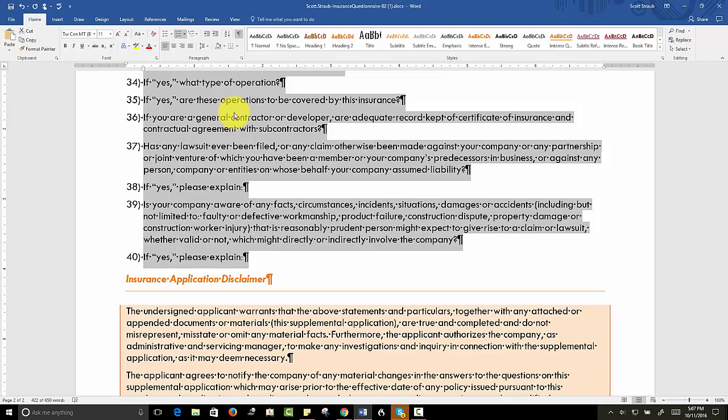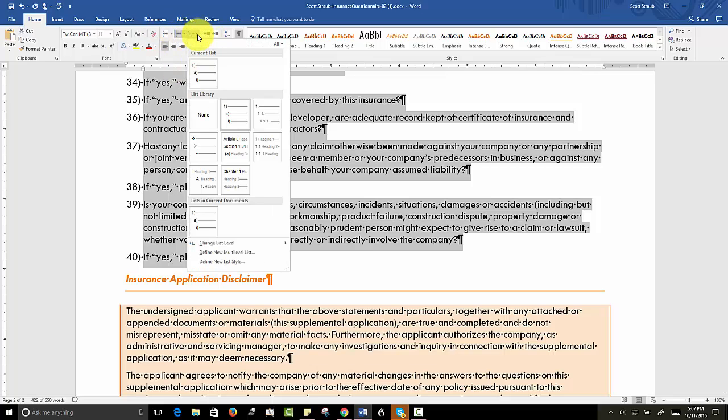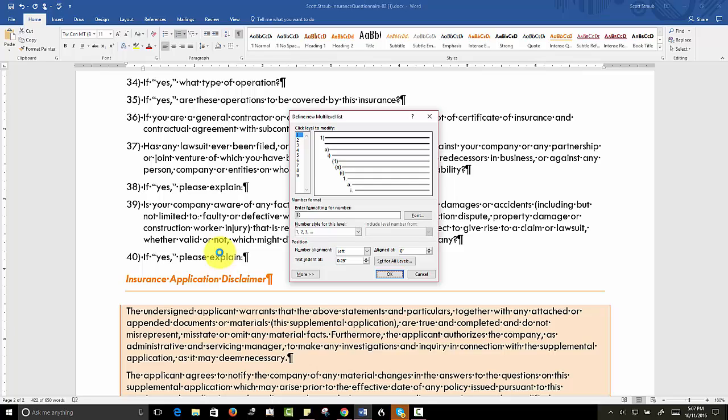With the text still selected, we're going to hit the multi-level list button again, and we're going to select define new multi-level list. It's down towards the bottom. I'm going slow to really check off, make sure I get every item as I complete it. So I crossed off 10C. 10D says click the set for all levels button. And then in